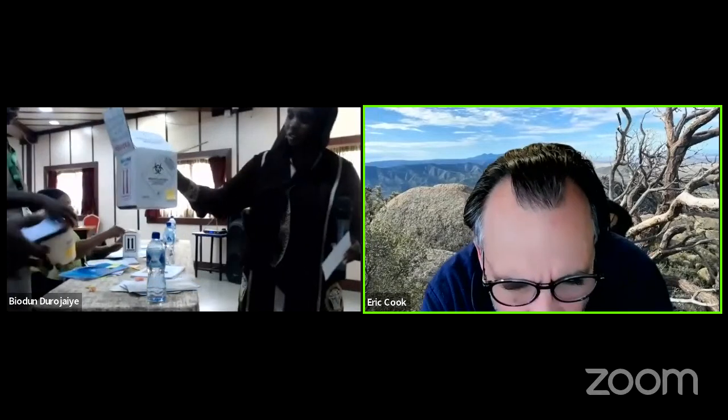Do you see the little yellow? So no, sorry. On the package itself, there's a yellow sticky note underneath the label. What does that say? UN